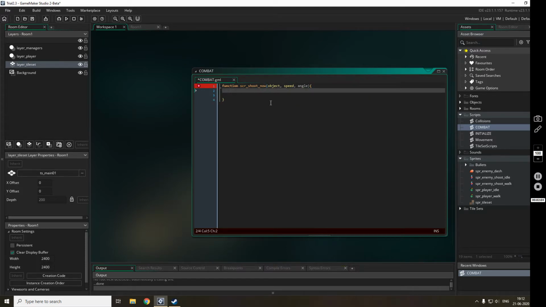Okay, so what I'll do is just instantiate the object, or bullet. We'll name it bullet.